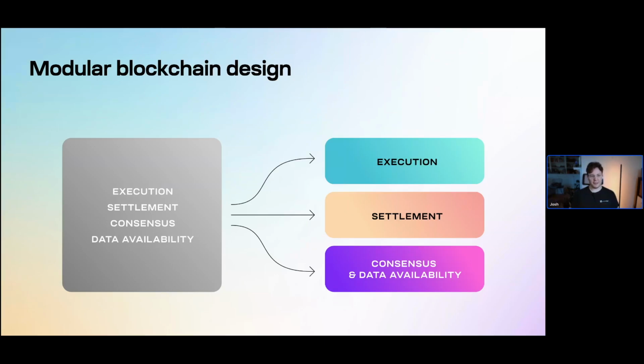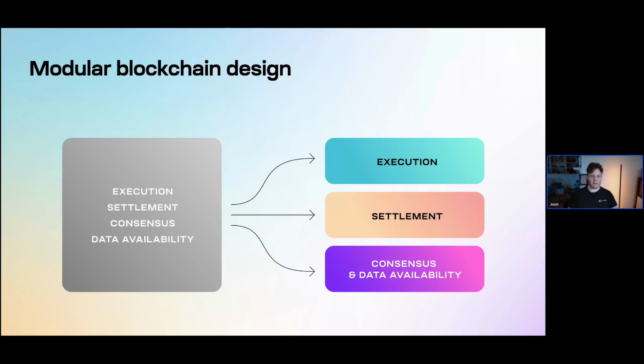But what you can do is, instead of having all these things tightly coupled together, where there are bottlenecks, you're able to split this apart into separate functions. So in this picture, we're going to just use an example where consensus and data availability are done through Celestia, and then we settle on Ethereum, and execution is on some L2. And I guess in this case, a lot of L2s, if we really want to think about it and take it literally,